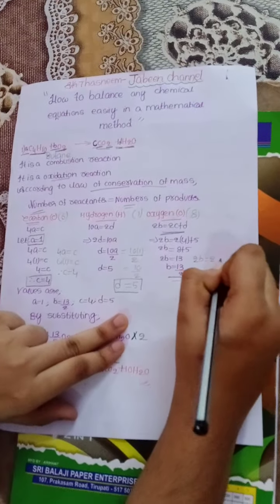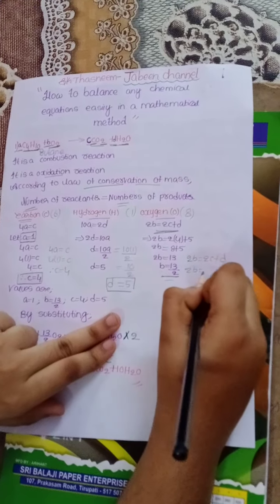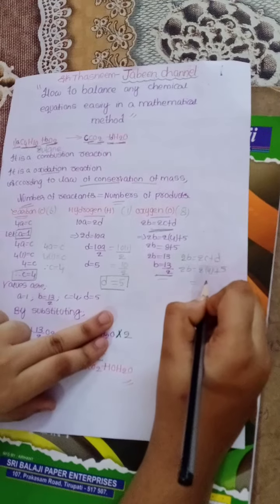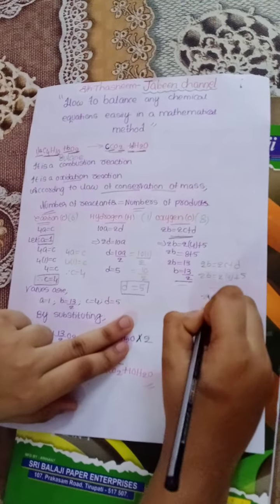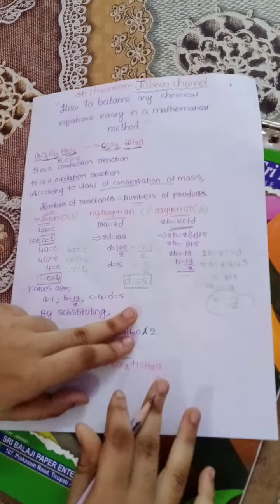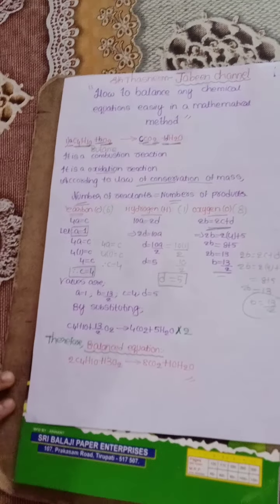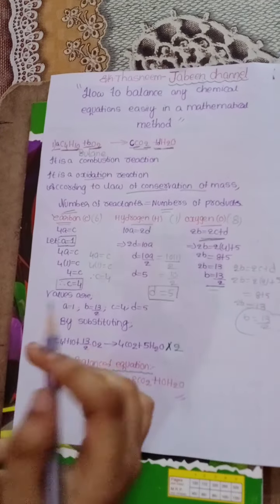How? 2B equals 2C plus D. We know the value of C is 4 and D is 5. Twice 4 is 8, plus 5, that equals 13. 2B equals 13 means B equals 13 by 2. So we get all four values, A, B, C, D. And by substituting those values in the